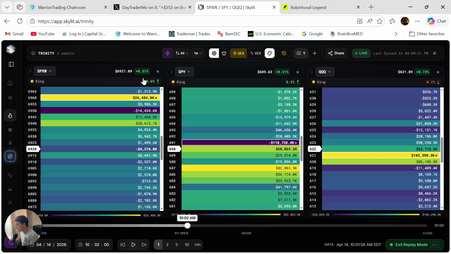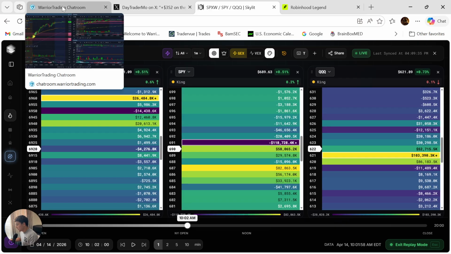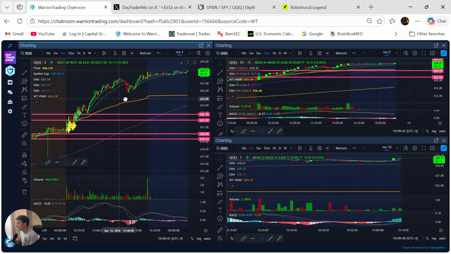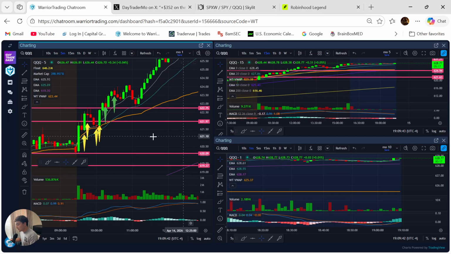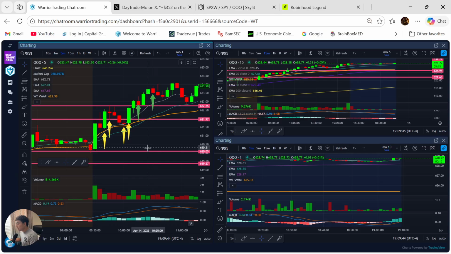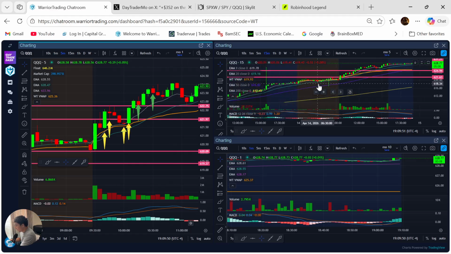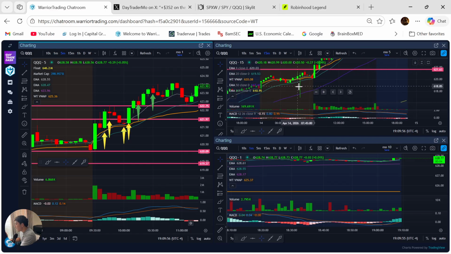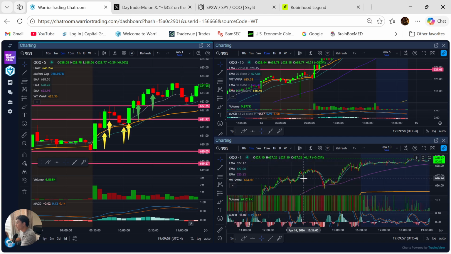So we're already 20, 30 minutes in. That node was there, and I had already taken my position because I was like, hey, that means something. I've seen that before, but I have to look at the chart first. First thing first, QQQ. The chart was already mega bullish, continuation after continuation. The MACD was already turning green.